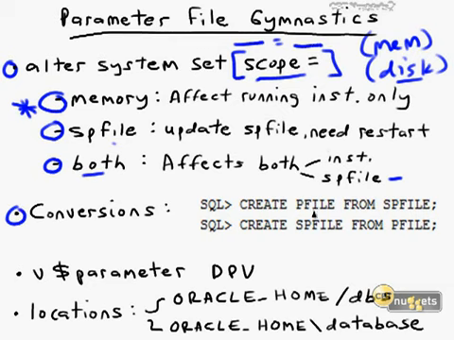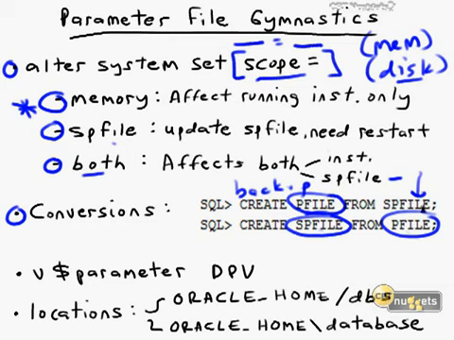That is to say, you can create a P file from SP file just by running the command create P file from SP file. You can also create an SP file from a P file. If something happens to your SP file and you have a P file already backed up, this is actually what I would consider a backup regime, because as you know, we're going to be starting the server with SP file. If we run this command periodically, it ensures that all of the initialization parameters that are stored in SP file get backed up to a plain text copy, similarly to how we can back up a control file to trace